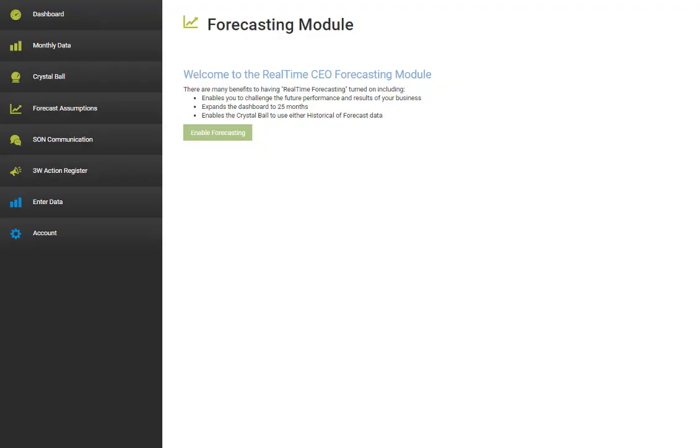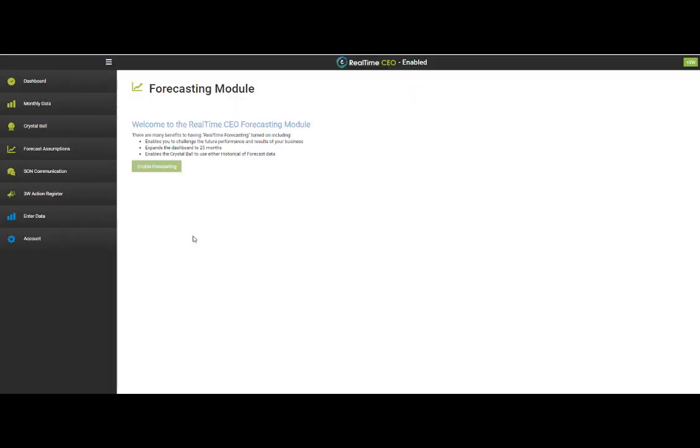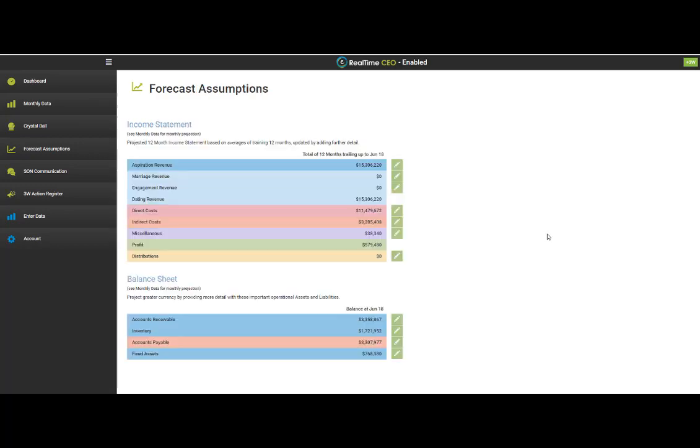Prior to enabling forecasting, let's have a look at what the software is going to do to build your forecast, and just as importantly, what will happen in the software once your forecast has been built. The very first time that you go into this module, you are presented with this screen and asked whether you want to enable forecasting. Having enabled forecasting, the software takes you to the forecast assumption page, where you will see